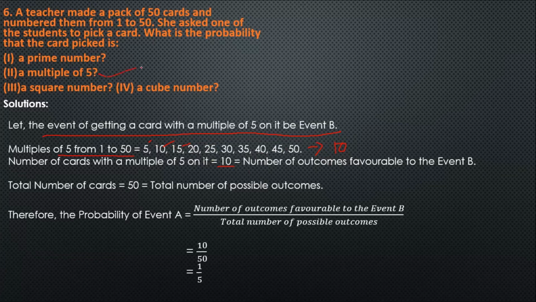If such a card is picked, we will get a multiple of 5. So this is the number of outcomes favorable to event B. Total number of cards is 50. This will remain the same in each of these 4 cases. So total number of possible outcomes is 50. The probability of event B, not A,